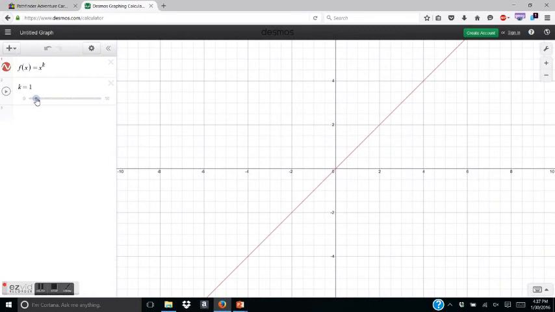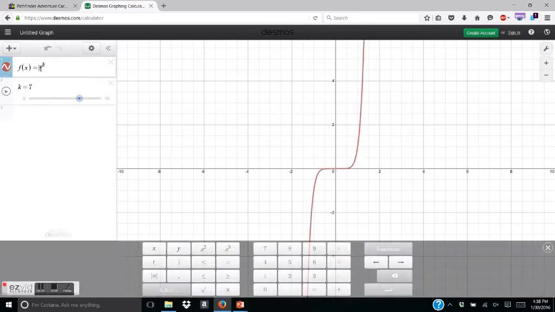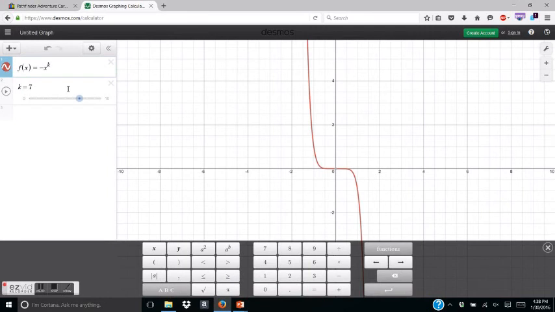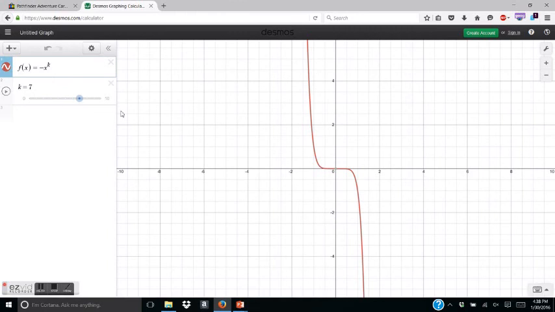But, when we have an odd degree, you'll notice that the right side of our function is always going up. And that even happens if we have an even degree. But odd degrees, as this plays through, you see, go in the opposite direction on the left of our function. Now if I put a negative in front of this function, we now see that our right side goes down. So, basic idea here